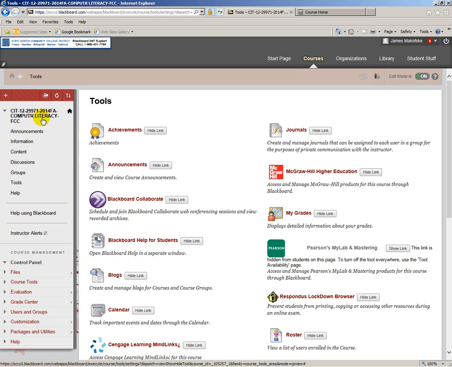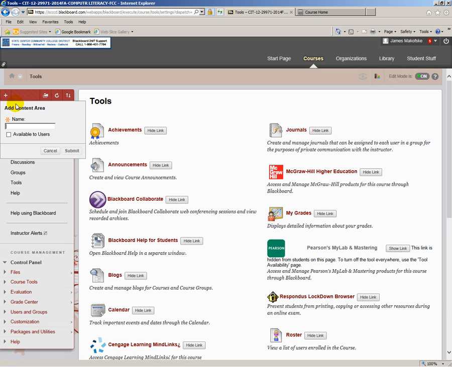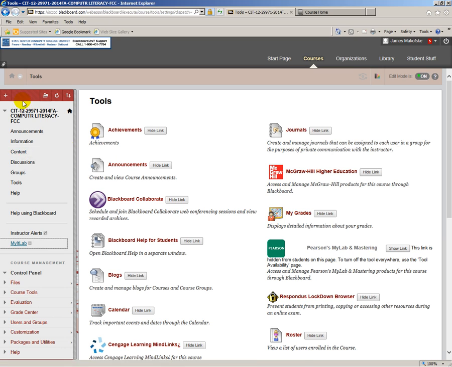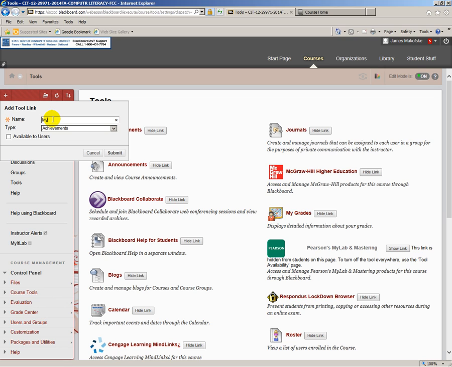So I would come over here and create a content area and call it MyITLab and make it available to users. And let me see if I could do it that way, and let me see what else there is. Tool link. MyITLab 2, and